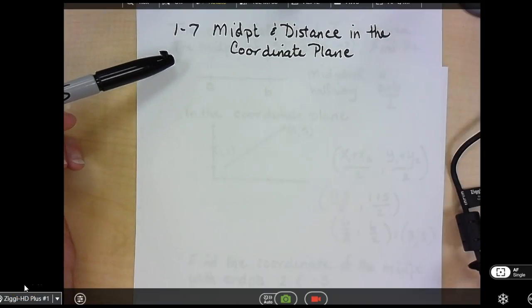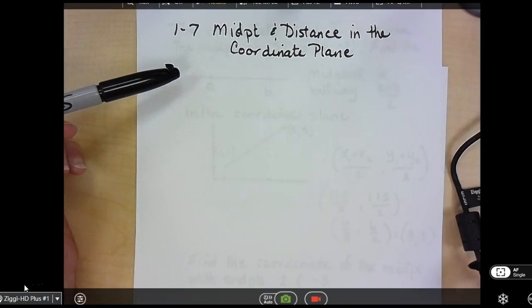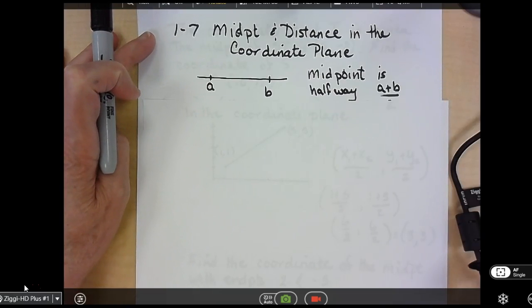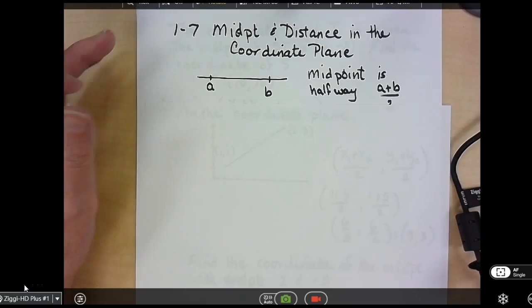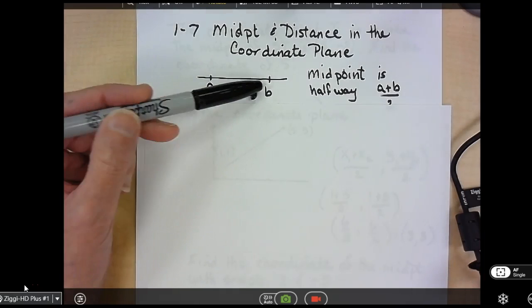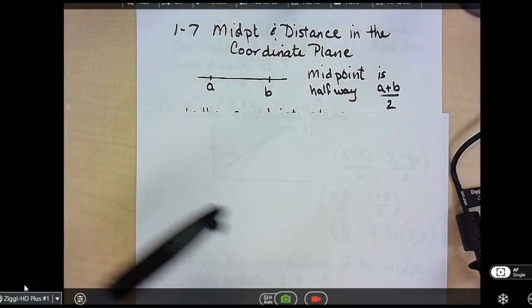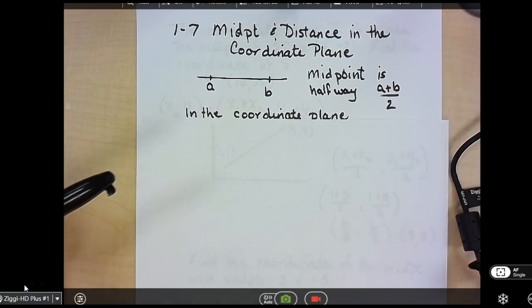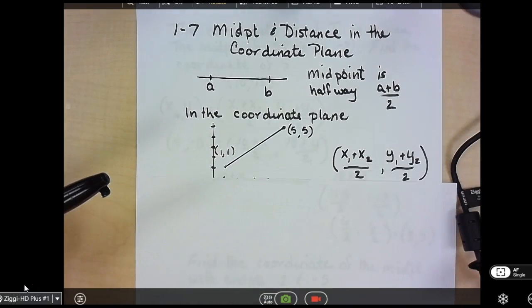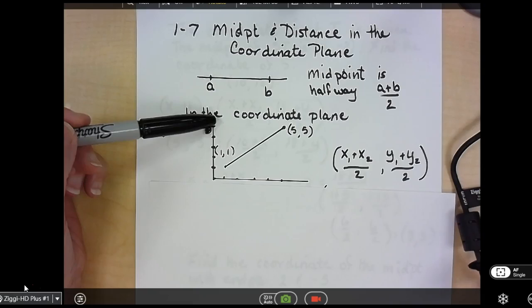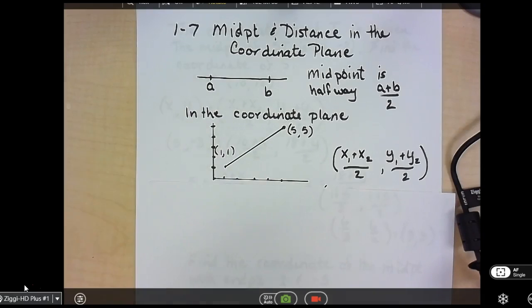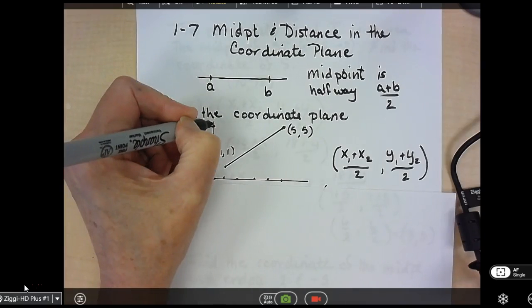Okay, 1-7, midpoint and distance in the coordinate plane. So if you just had a line segment, AB, the midpoint is halfway between A and B. So we can just add A plus B and divide it by 2. When we are using the coordinate plane, in other words, your x-axis, y-axis, then we have to